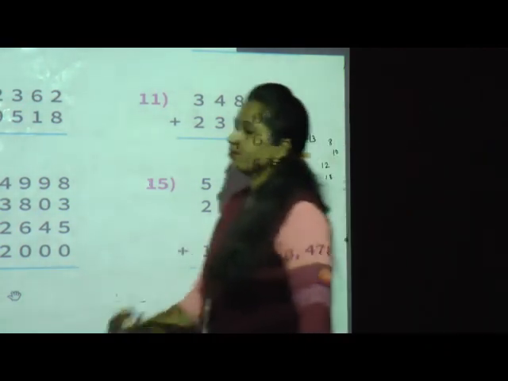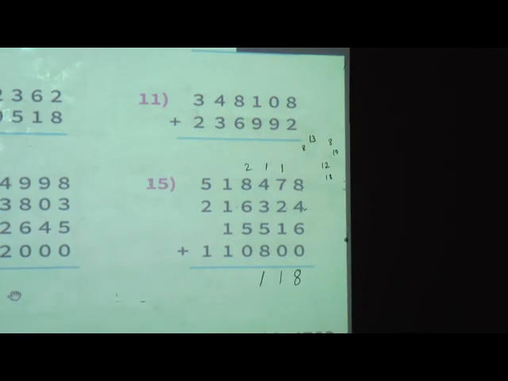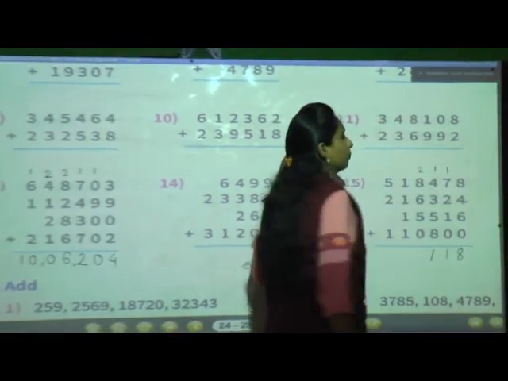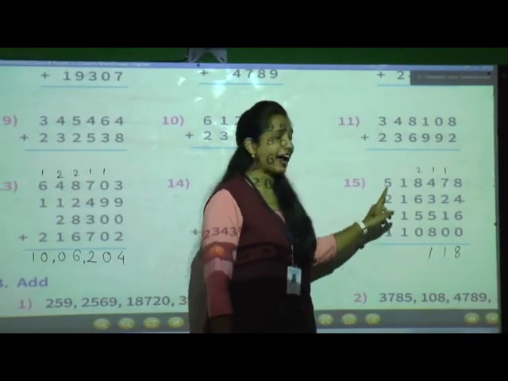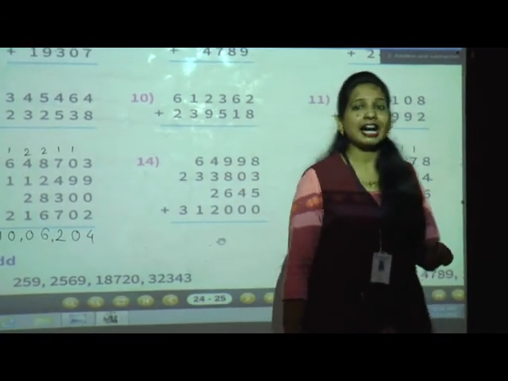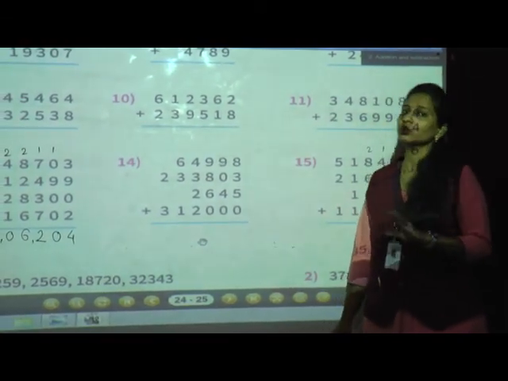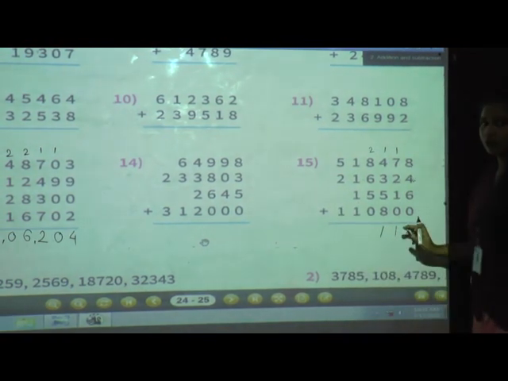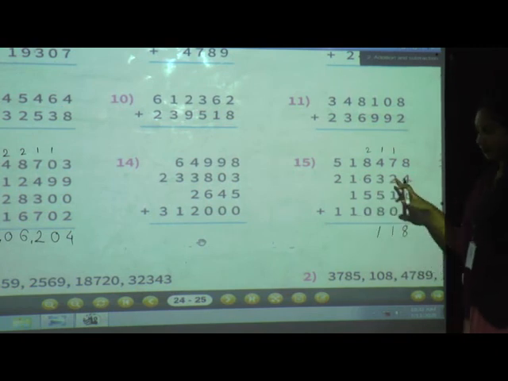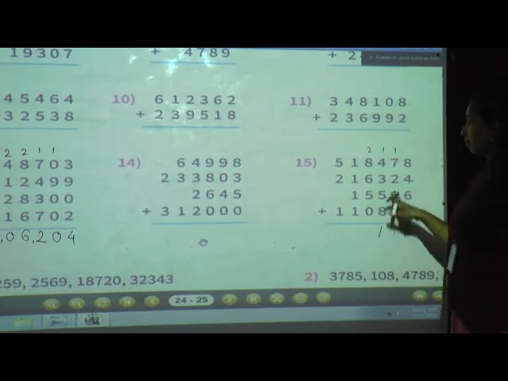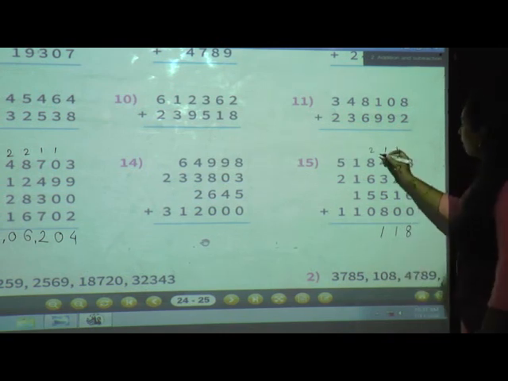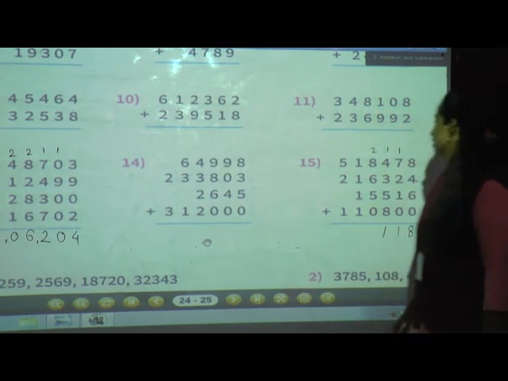Okay, this is rough work. What I suggest you students is that whenever you solve addition and subtraction in your CW book, write the question with pen and solve the answer with pencil, and teacher is sending you the answer key through the PDF. Okay, so you have to solve by your own in the CW. Once you cross check your answers with the answer key whenever teacher sends through WhatsApp, once the answer is correct, then you copy it again, ink it with the pen. Okay, now we will add this tens place.